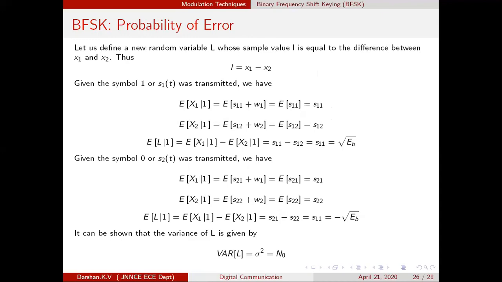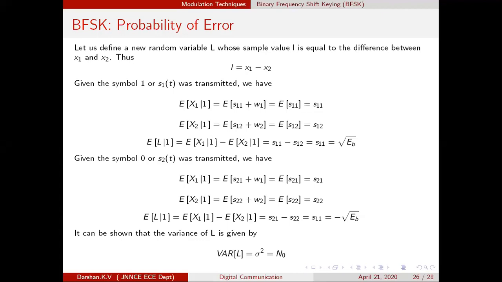All of us know the received signal point is a random quantity. So what exactly we will do is deduce a new random variable from the existing one. If you carefully observe, the position of the received signal point is governed by its coordinates. What are the coordinates of the received signal point? x1 and x2. If x1 is greater than x2, region 1; x1 less than x2, region 0.